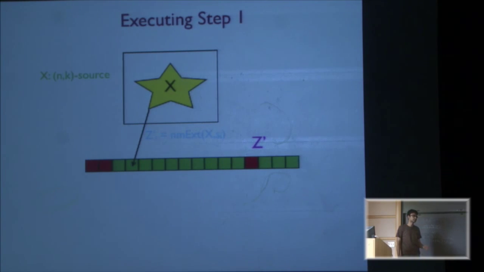In a normal seeded extractor, what you want is that except for a few bad seeds, every seed gives you a uniform output. In a non-malleable extractor for parameter t, what you want is that there are a few bad seeds, and then every choice of t other ones, t good ones, gives you joint independence. Right, yeah, exactly. Even though non-malleable started from cryptography, that's the cryptographic connotation.